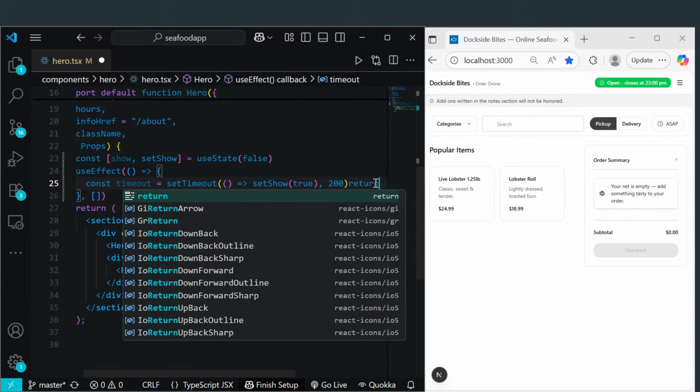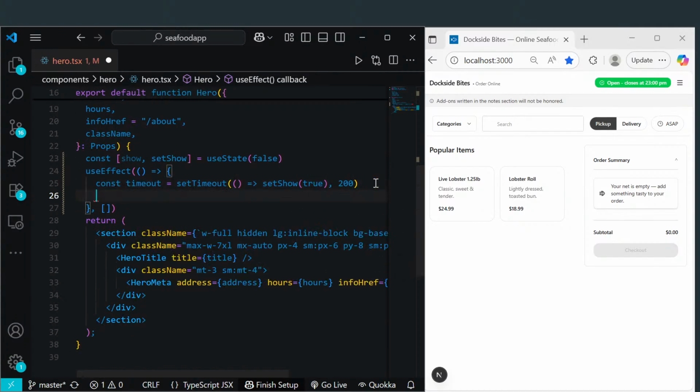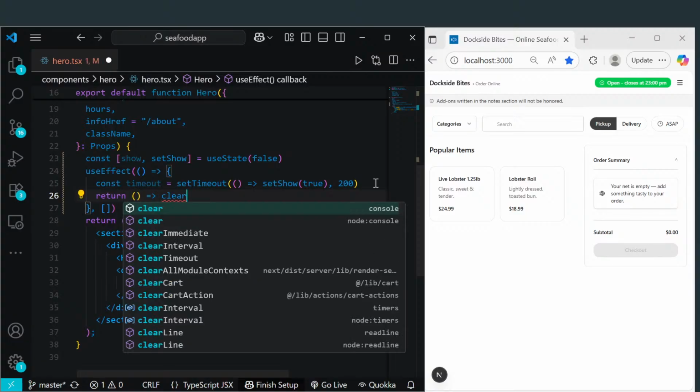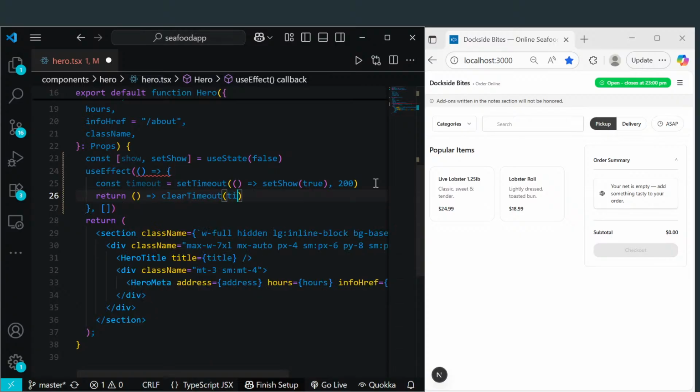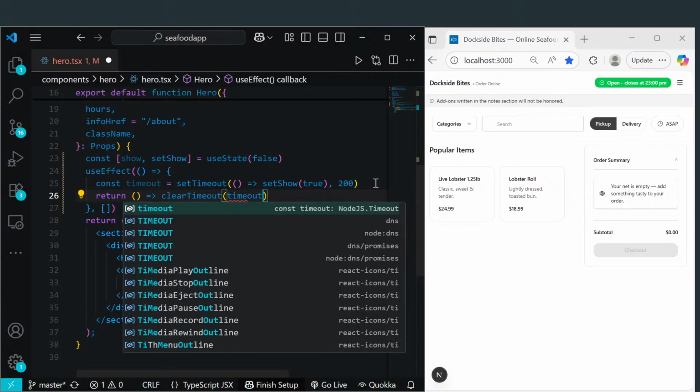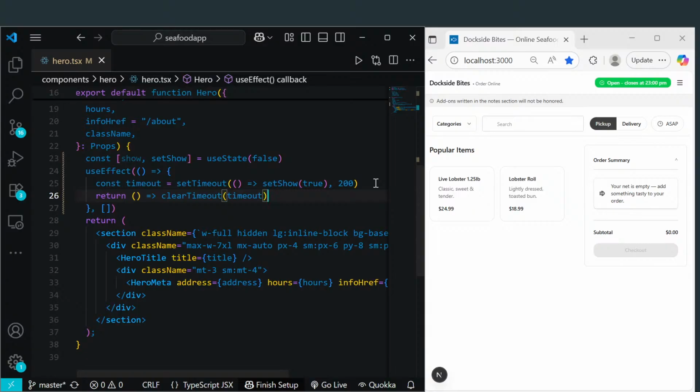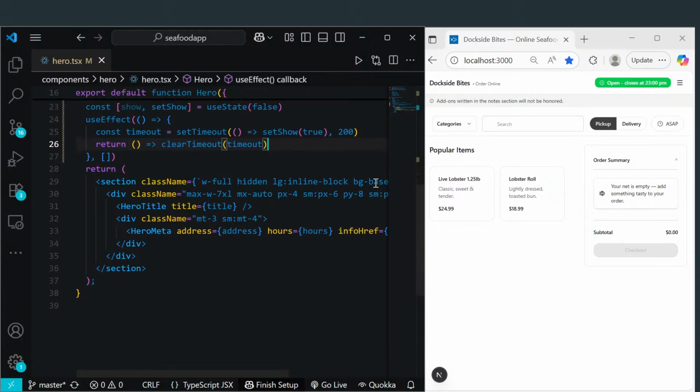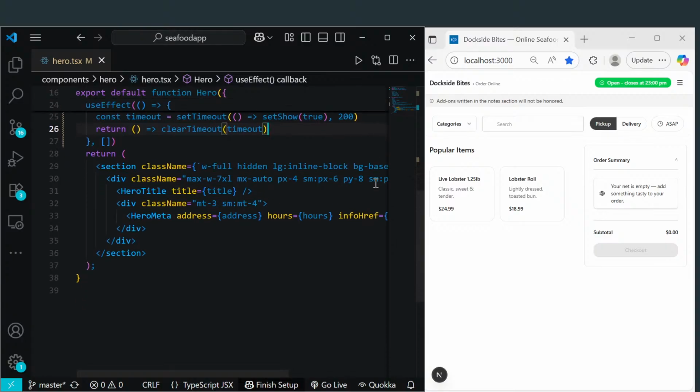So we're going to return clear timeout. Perfect. And then now the only thing we'll need to do is dynamically pass this in so that